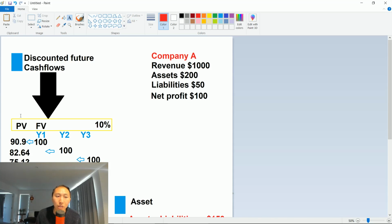So the reason you put your money here is because you want a return of 10% and you know you might get it. So here we've got $100 discounted by 10%, that's $90.90, and for year 2 that's discounted by 10% twice. That gives us $82.64, and for 3 years discounted 3 times, that's $75.13, and it gives us an overall value of